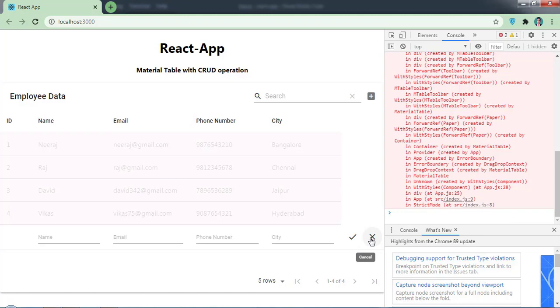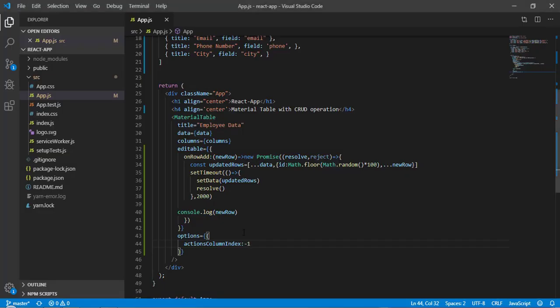Now what if I want this add row at the top, at the first row? Because here we are getting it at the last, isn't it? For that we have to add another property to options only, and here we will get it at the top.